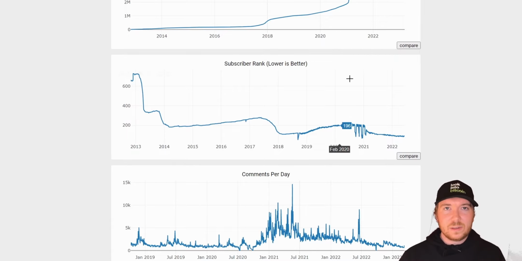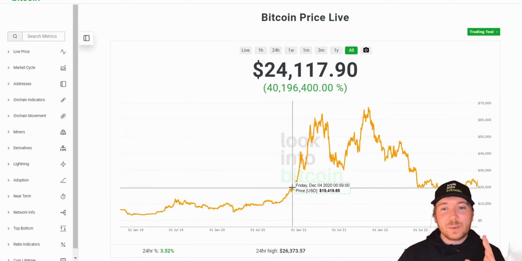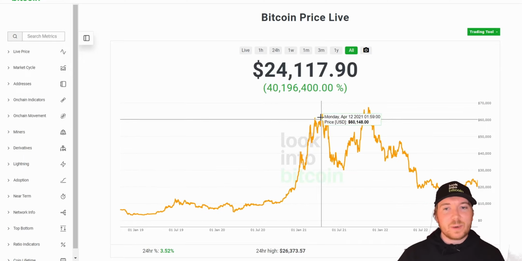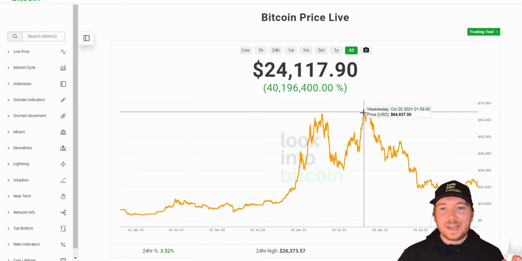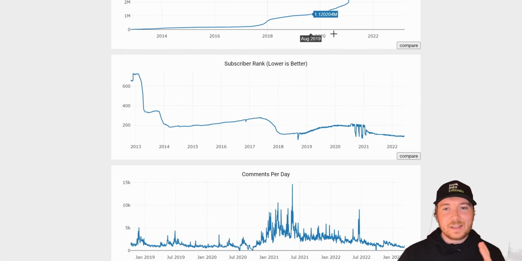And if we go back onto lookintobitcoin.com and just isolate when would be a good time to sell Bitcoin and when would be a good time to potentially buy some Bitcoin or other cryptocurrencies. But if we just look, basically any time before 2021 for Bitcoin was a decent time to buy, especially before the previous bull cycle, and a good time to sell was probably April or May, and then potentially October, November, December 2021. So if we go back to this subreddit stats page here, we can see that as this came